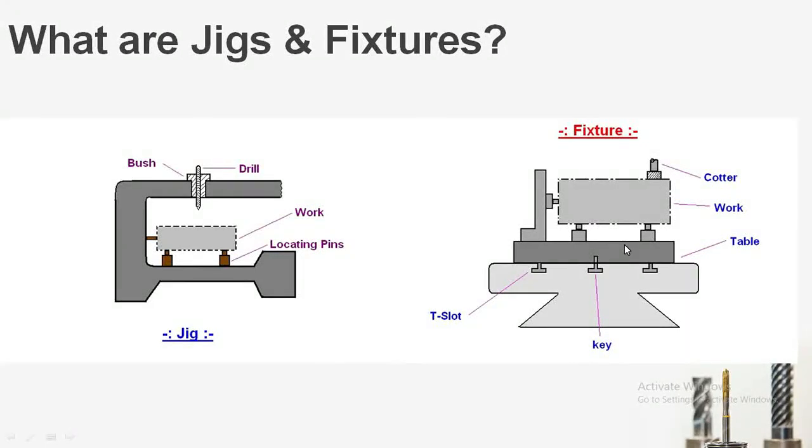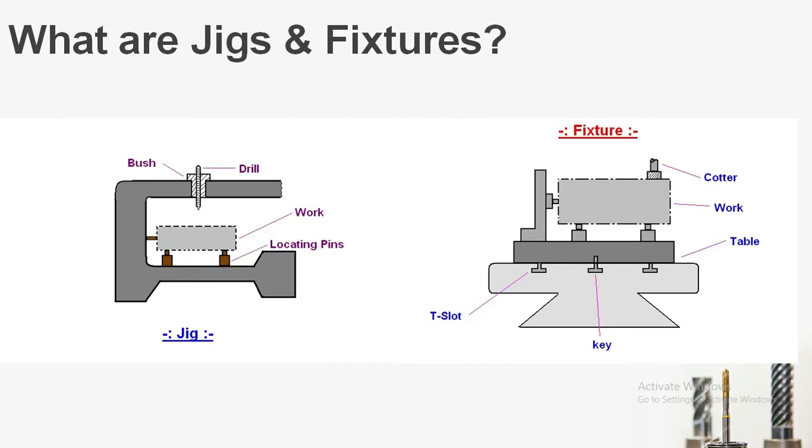Now in the figure you can clearly see on the left hand side there is a jig, on the right hand side there is a fixture. Now here the locating and clamping principle, that is the 3-2-1 principle of location, is used. That is 3 pins at the bottom, 2 pins located from the sideways and 1 pin located from the other sideways. This will help to restrict the degrees of freedom.